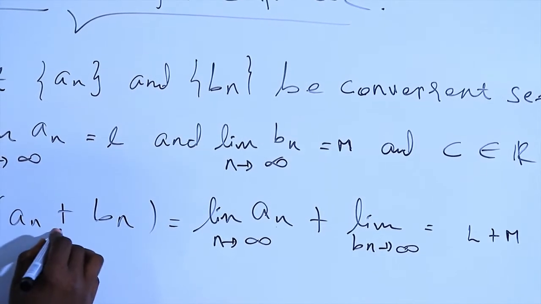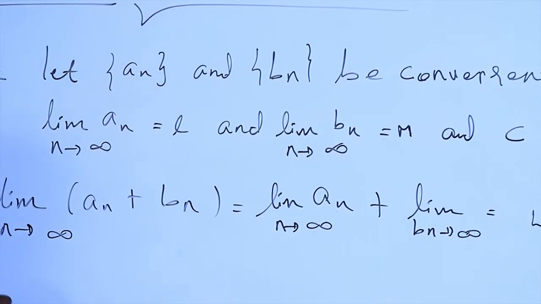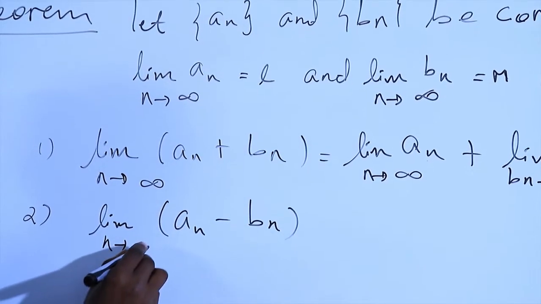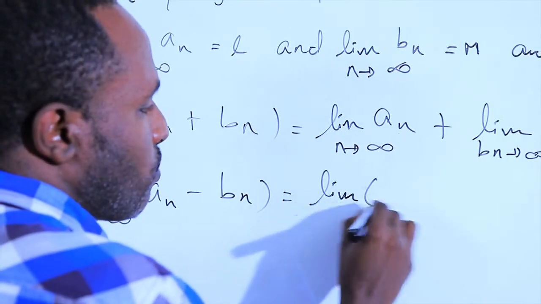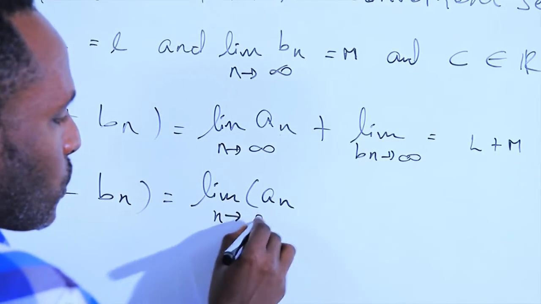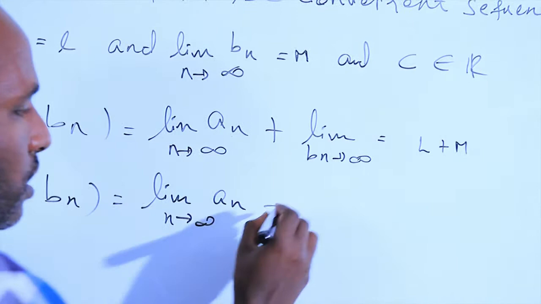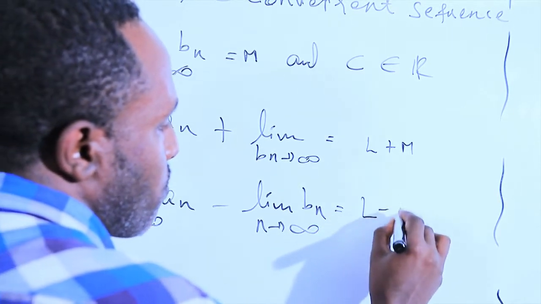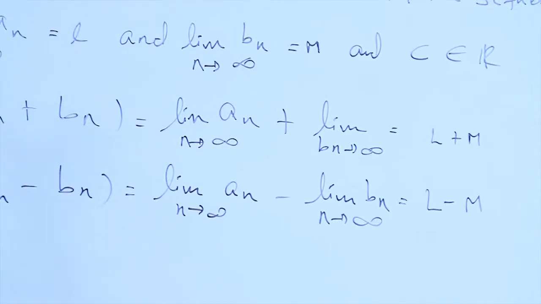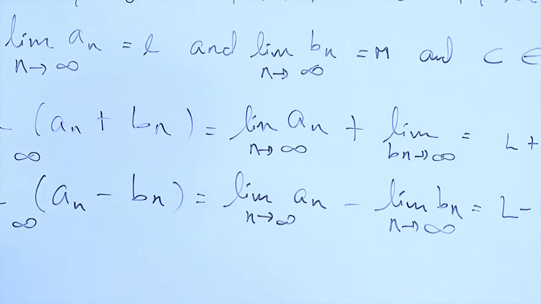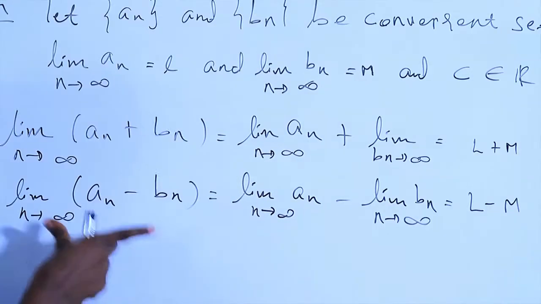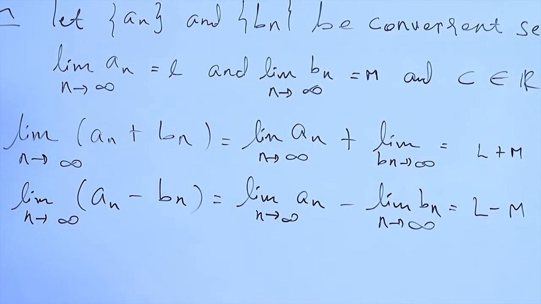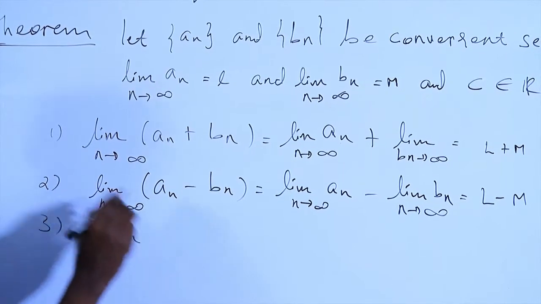The second property is the same fashion for subtraction: the limit of an minus bn as n approaches infinity is exactly equal to the limit of an as n approaches infinity minus the limit of bn as n approaches infinity. The result equals simply L minus m. So if both sequences converge and have limits, then the limit of their sum and the limit of their difference are also fixed real numbers. The third property says that